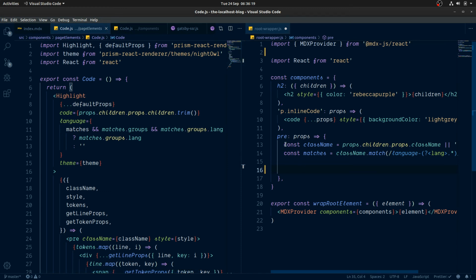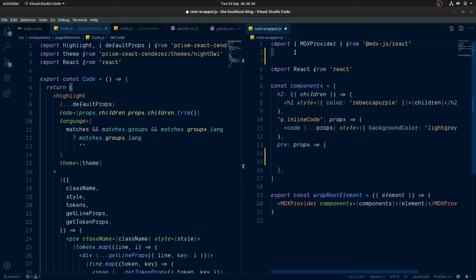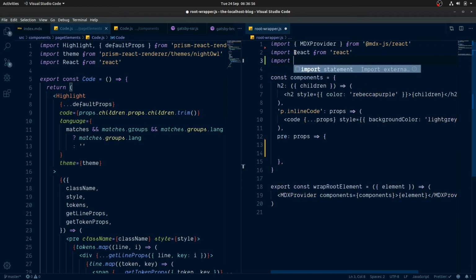So from here, basically we need to know if the props are there's a prop type called MDX type, and then from there we want to know if what is coming into here is code for MDX. If so, then we're going to want to get our code component to render what is coming in, and say import a code component